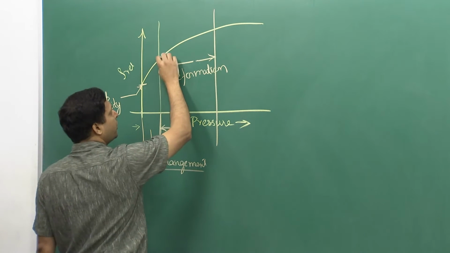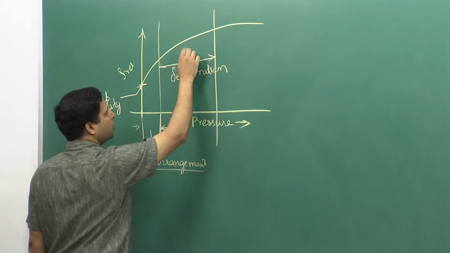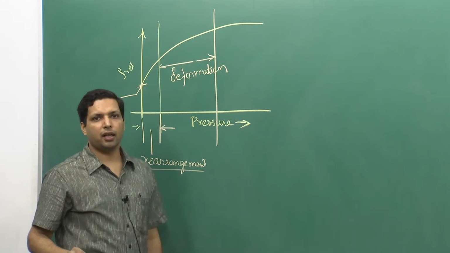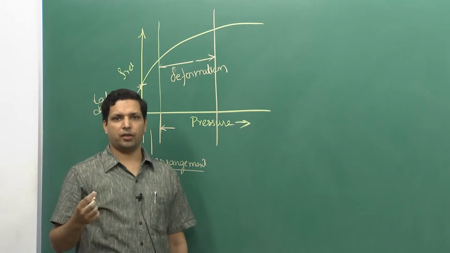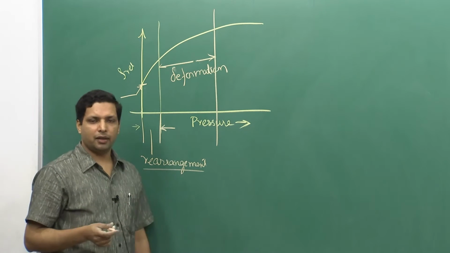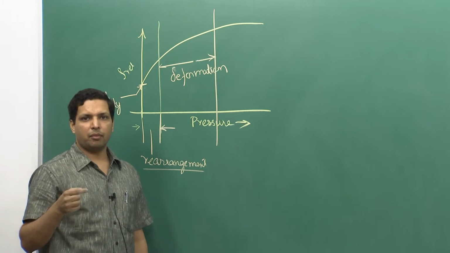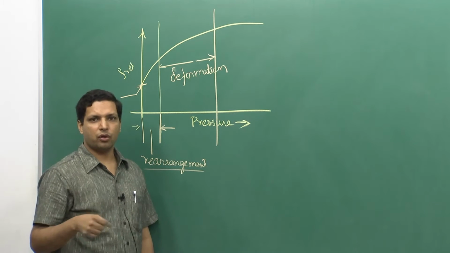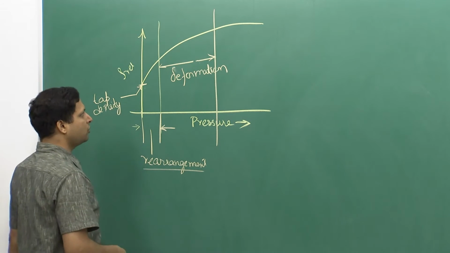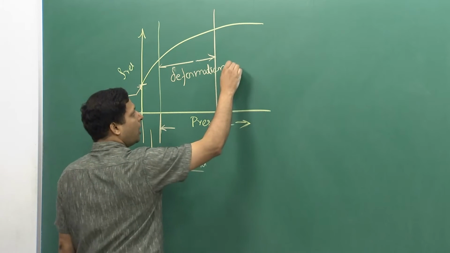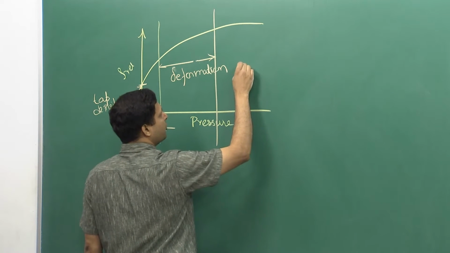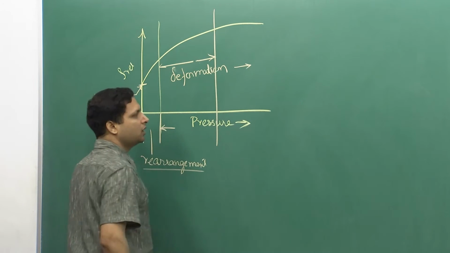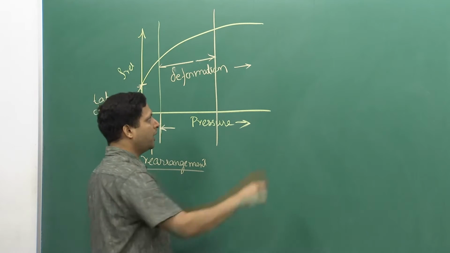And as you keep increasing the pressure, you would see that the gain in the relative density becomes smaller and smaller, and that is, like I said, because when you deform, the material becomes work hardened, and therefore the flow stress increases. So, you need an even larger pressure to deform it any further. However, one thing you have to keep in mind, when we say deformation, this is mostly for metals.